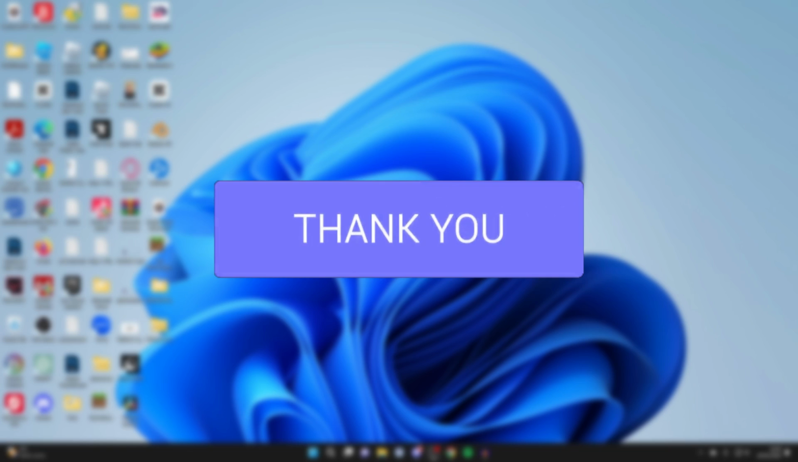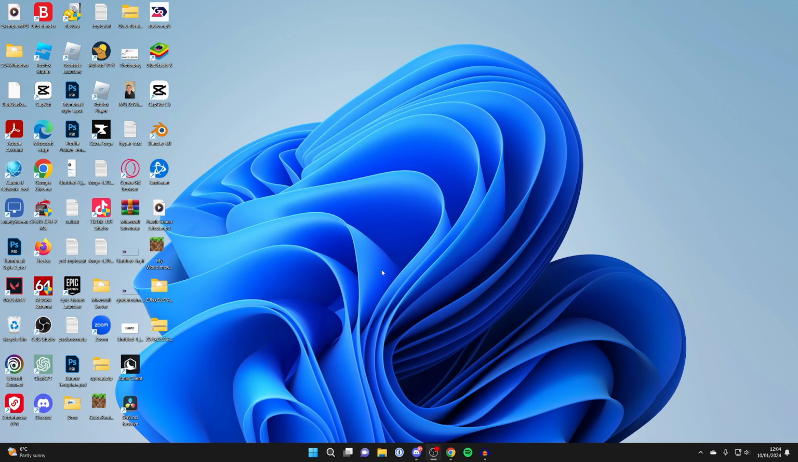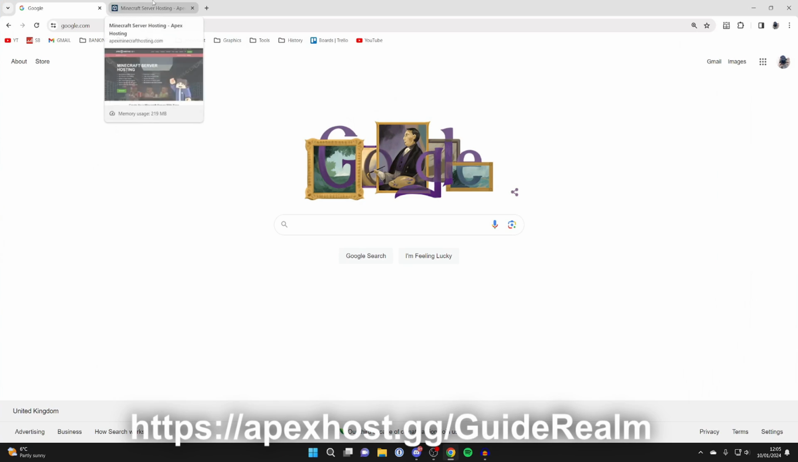Let's get started. First of all, in order to run BSL shaders, we need something called Optifine, so we'll go and get that now. So go and open up a web browser, but just before we get any further,